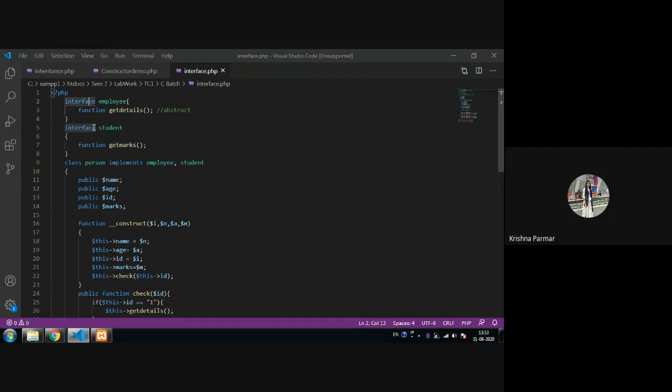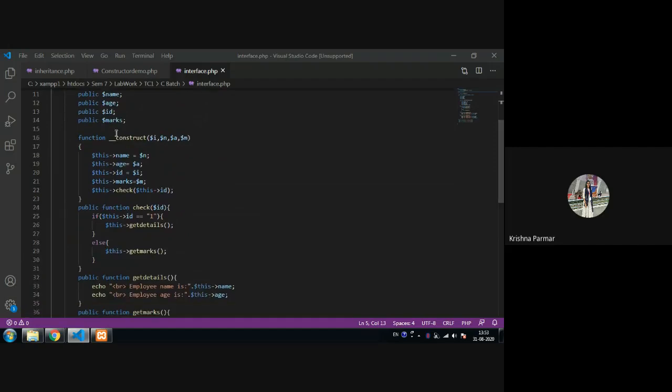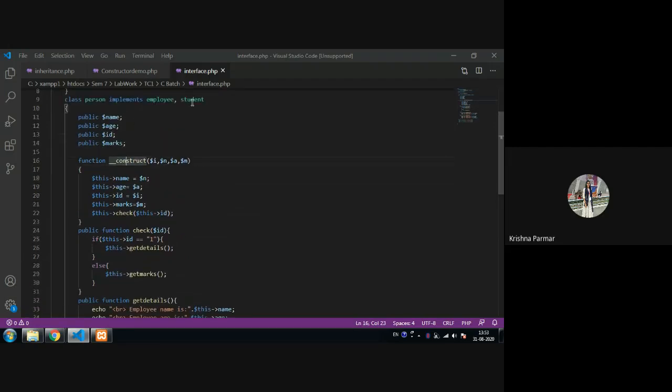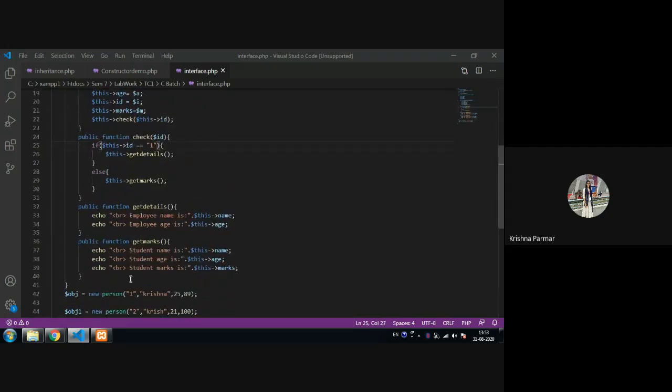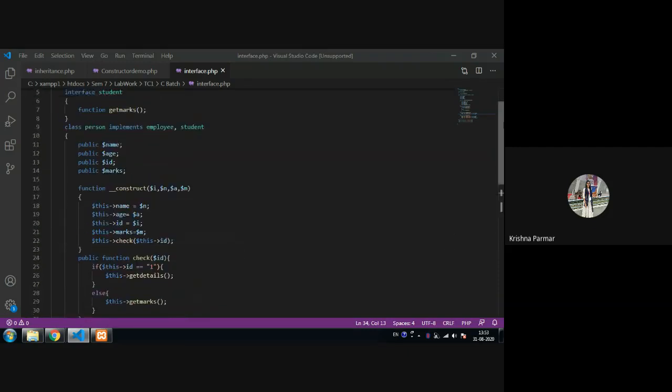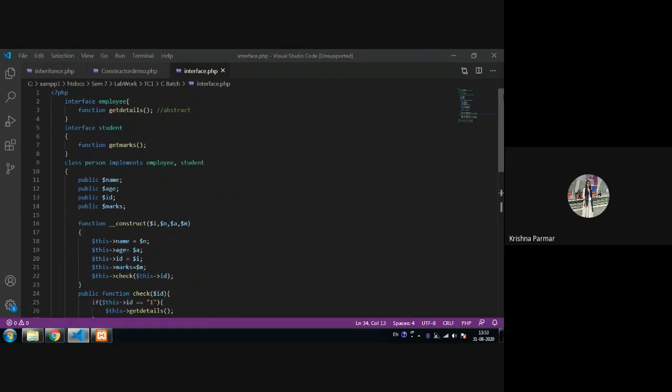First we create two interfaces. Then in the class we implement both interfaces. Then we create a constructor and check if ID is 1, then go to this method. If ID is not 1, then go to that method, and we just print the things. Is it clear, everybody? Yes or no? Okay, good. Now go for writing down the entire interface program and then go for the output.